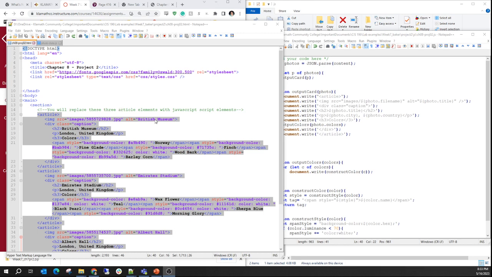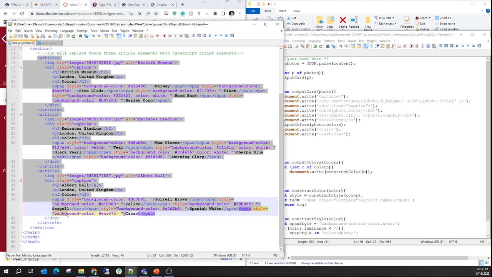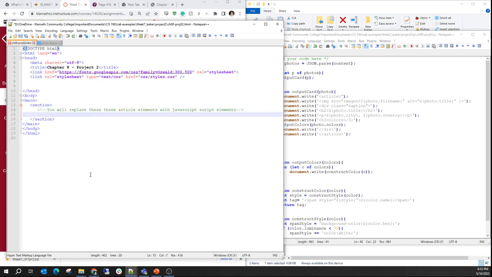So the last thing we need to do is add in our scripts, right? So we can actually take all of this and delete it. And then we're going to add in 2 script tags. So the way we do that is script and then source and then equals. And we're going to put those in just a minute. And then for script tags, you always add in